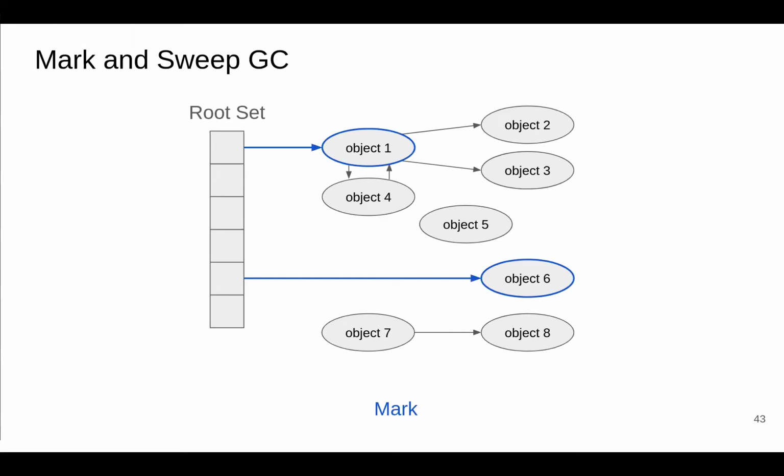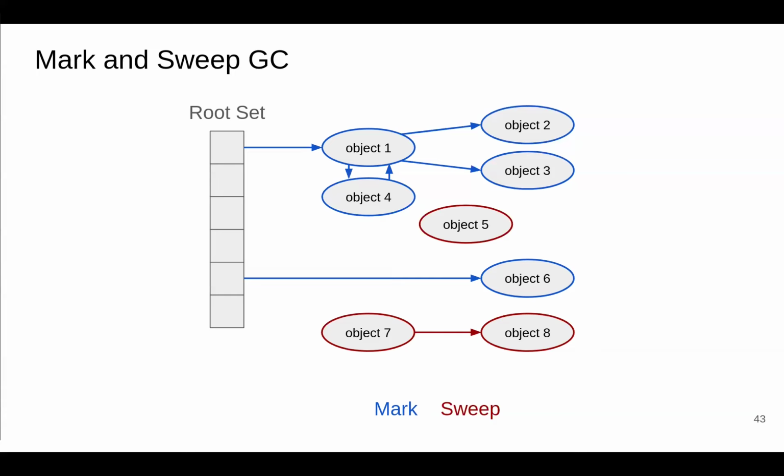So you add objects 1 and 6 to your work set, and then you go through all the referenced objects there, which would be objects 2, 3, and 4. So you add them to the working set. You go to object 2, no additional ones, object 3, no additional ones, object 4. You have a backward pointer, you're good. We've now marked all the live objects, which then means that the garbage collector can sweep and free all the unmarked objects. Right? And this can be implemented rather efficiently,